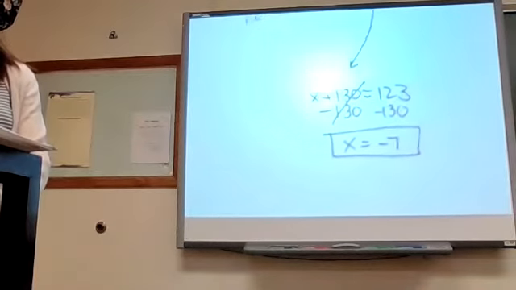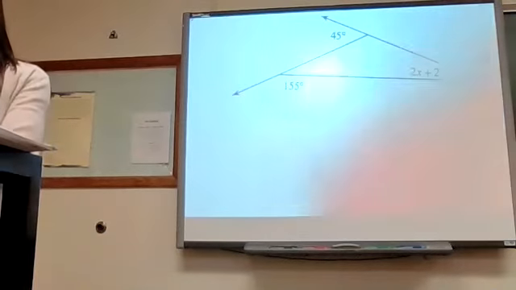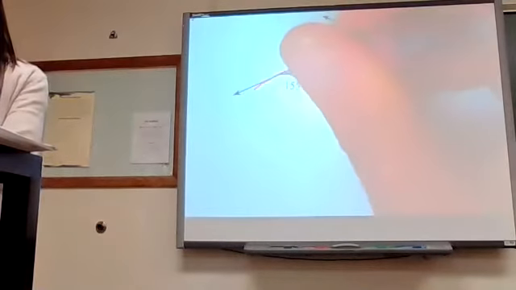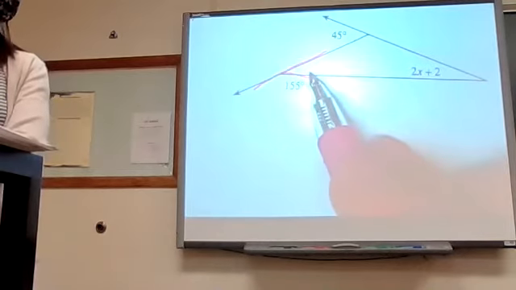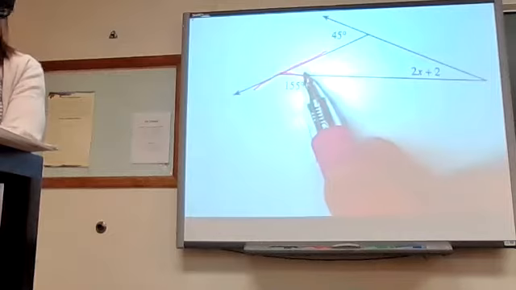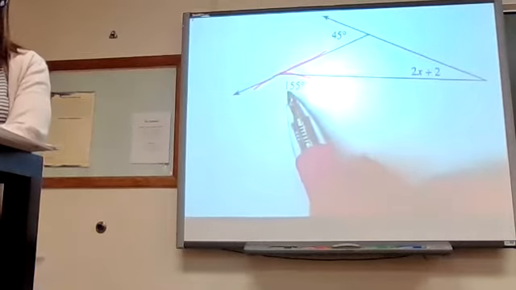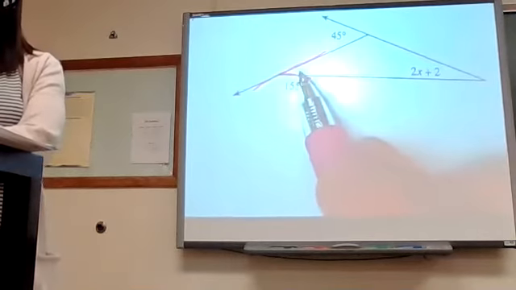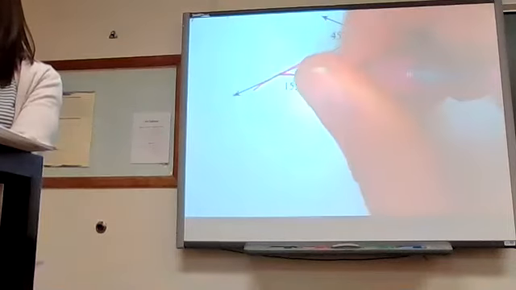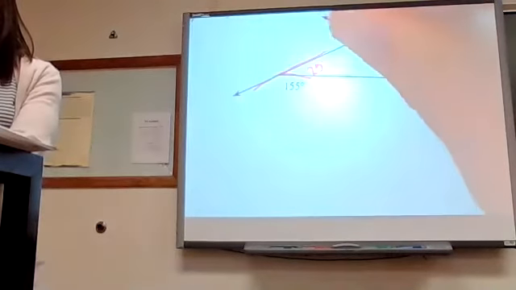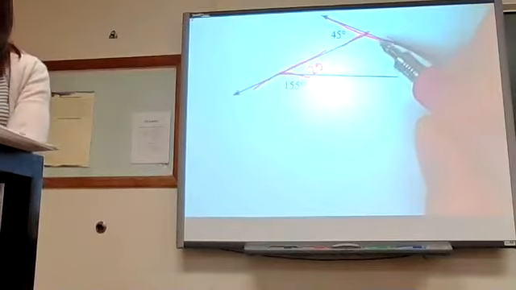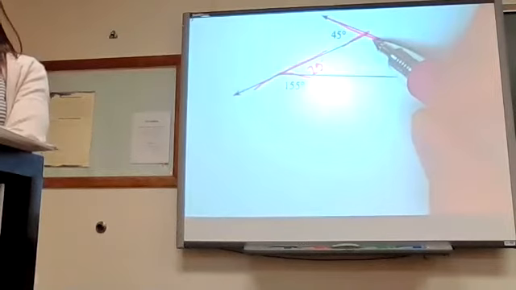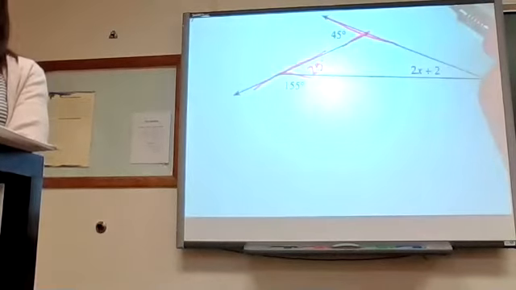Same kind of game we're going to play on 4. On 4, it gives us some linear pairs. So if I know that this angle is 155 degrees, what must this angle be? This angle must be 25. And up here, if this angle is 45, then this angle creating a line with it would be how many degrees? Let's add up to 180, so